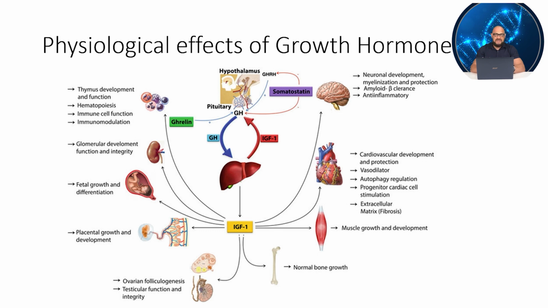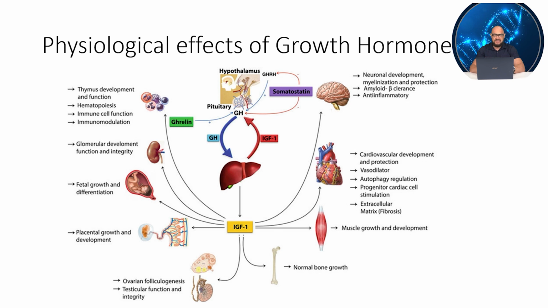The physiological effects of growth hormone involve many organs in the human body. Both growth hormone and IGF-1 are extremely versatile and important molecules. Thymus development, immunomodulation, support of the kidney structure and function, fetal growth and development, placental growth and development, testicular function